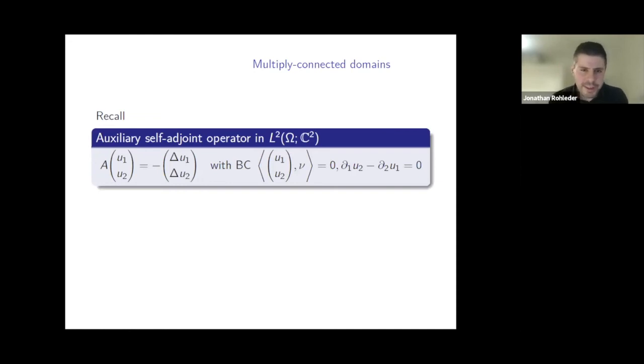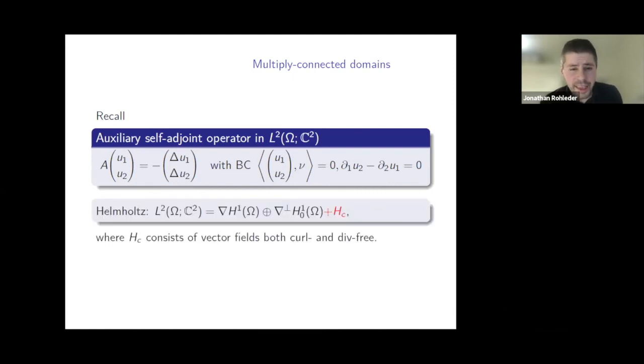So let me recall that we are still looking at this operator. And I did already say that if the domain is not simply connected, then the Helmholtz decomposition is more involved. So there's a third part that is also orthogonal. I just forgot the ring. There's a third part in the decomposition, and this third part consists of vector fields that are both kernel and divergence free. In particular, the components of these vector fields would be harmonic